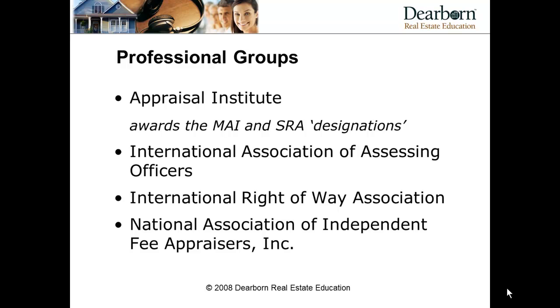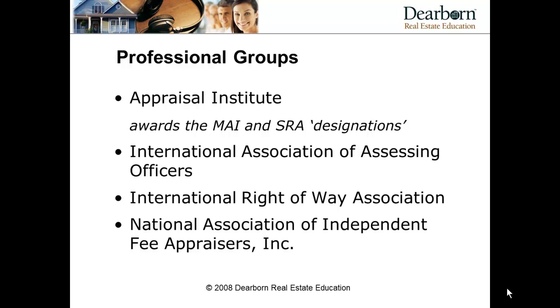Those groups still exist today. The Appraisal Institute is a group that was created out of the combination of two of the early original appraiser groups. They award the MAI and SRA designations, as these other groups you see there also have designations, but the